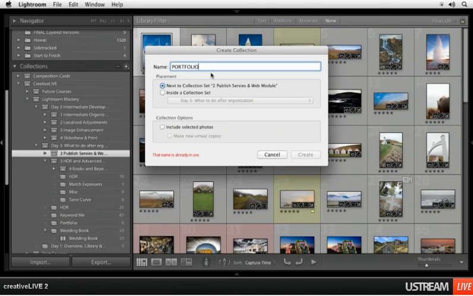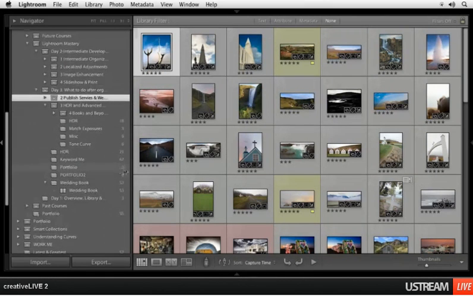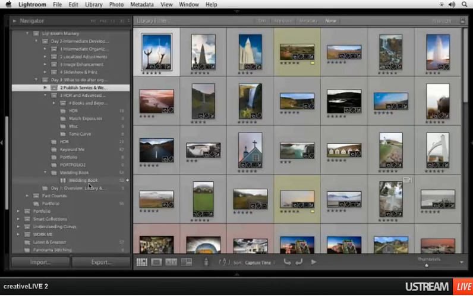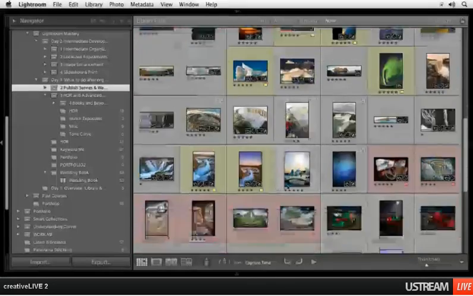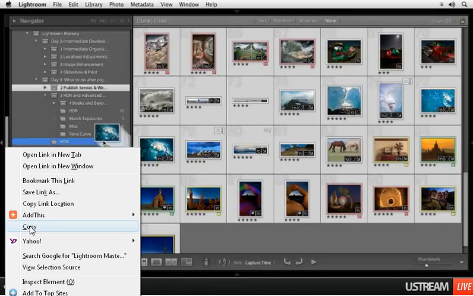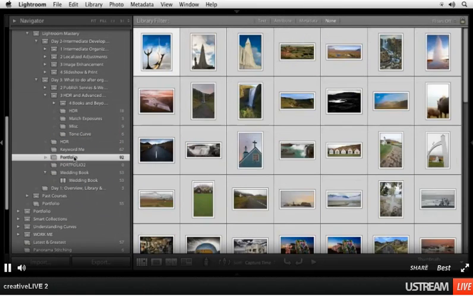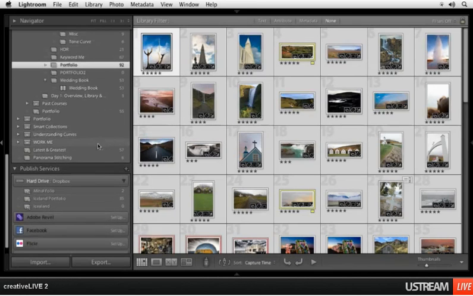Already in use. Since we've done so many things on the other 2 days, I've already had some other settings. Oh, right there's the one called Portfolio I made earlier. For some reason I couldn't see it earlier, but there it is. What I'm going to do is just drag over images that I think I might be able to use in my portfolio, regardless of what their subject matter is, not just Iceland, but a bunch of other things. Drag it into Portfolio. 92 pictures are in there total. I see that some of the Iceland ones are 4 or 5 stars. So hopefully if I come down here, now I see